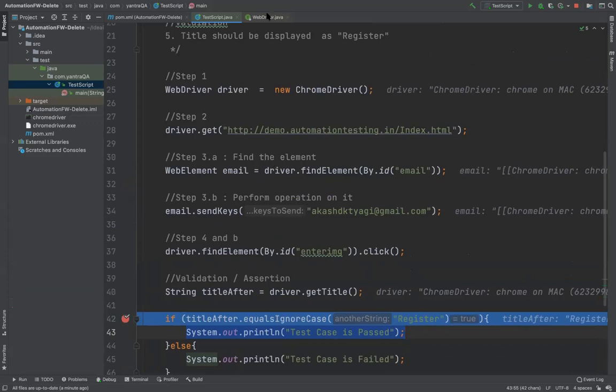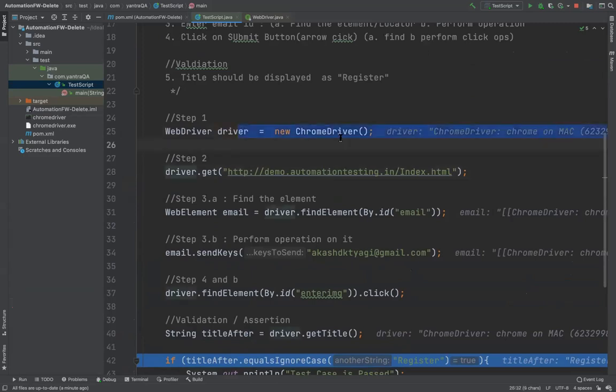Yeah, Akash, in step one, when we are creating an object for a class, we use new and the class name, right? We used ChromeDriver here, but the first time we used WebDriver. Actually, both should be the same, right? No, so this is the concept of inheritance, also called upcasting, also called runtime polymorphism,